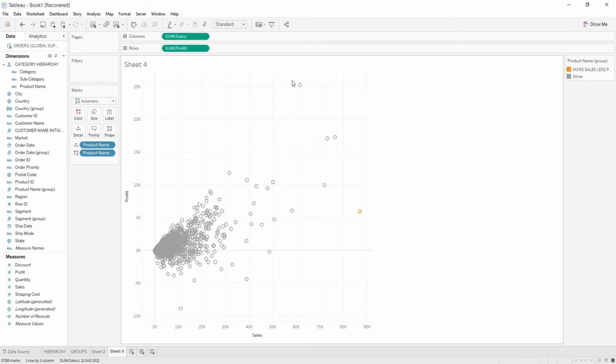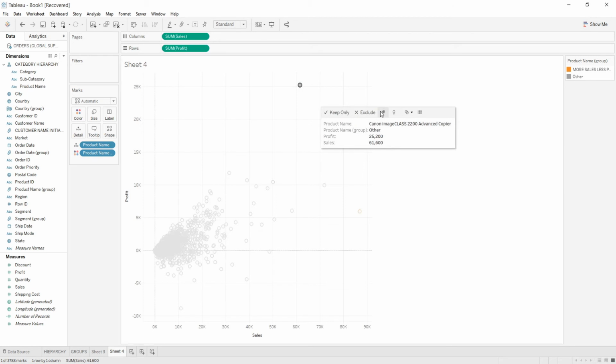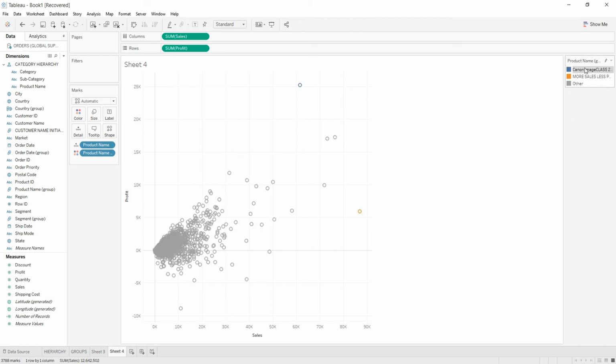And this one is a product which is giving us more profit but having intermediate sale. So I am selecting it and clicking over it. And now by right clicking over it, I am giving it an alias, that is high profit and intermediate sale. And clicking on OK.